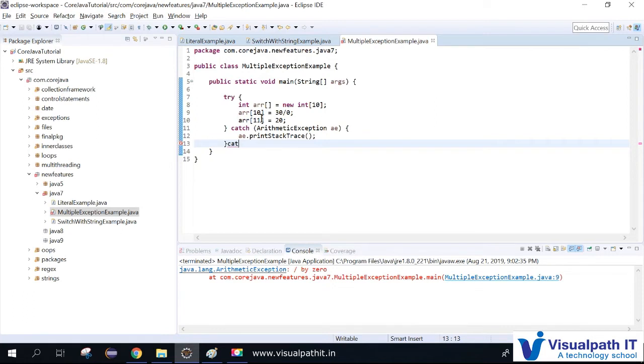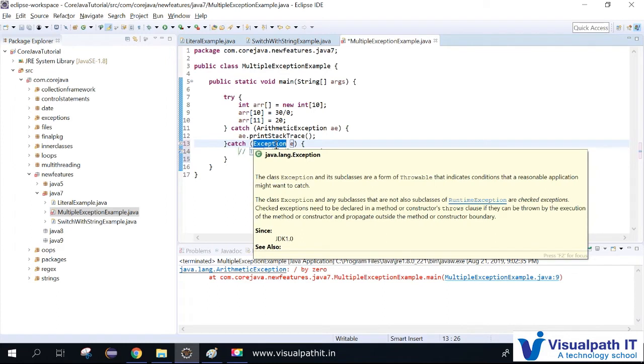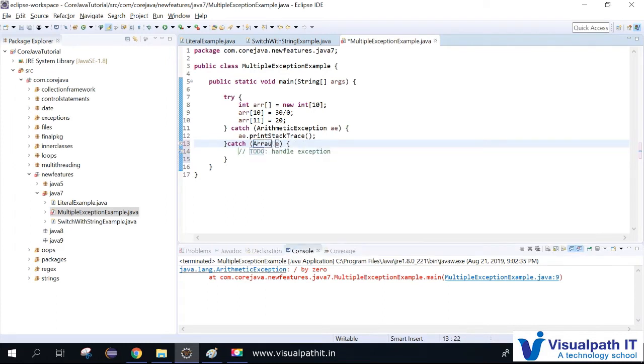This block of code might throw two types of exceptions, so I'm handling two types of exceptions here. In the catch block, I know the exception is the array index out of bounds exception.